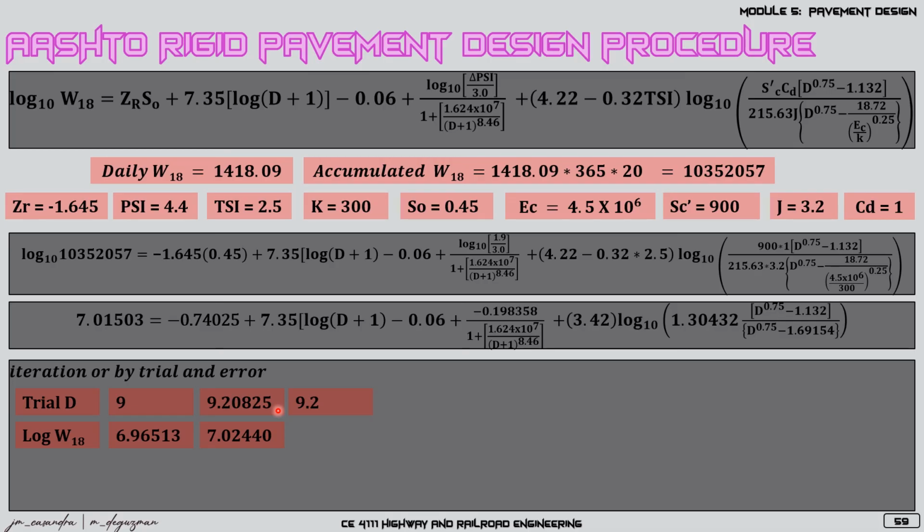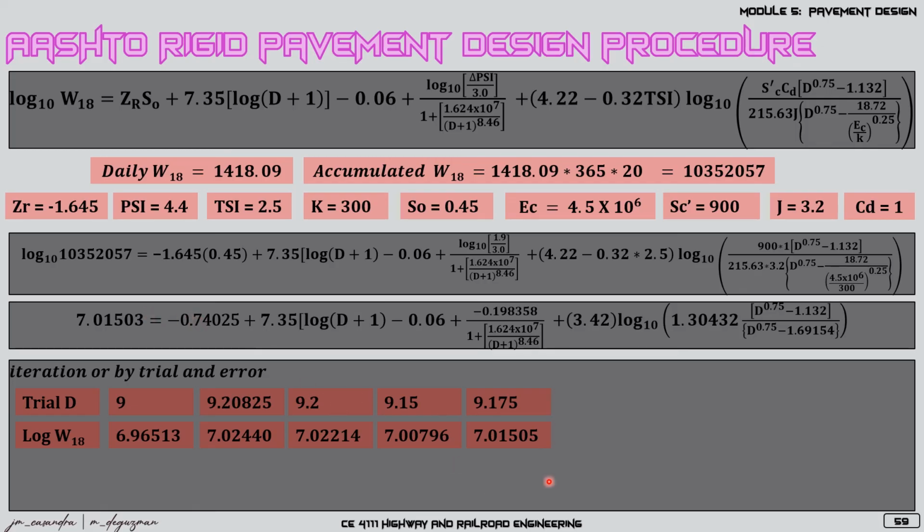We were able to solve this already a while ago, and it was 7.02214. So it's still higher than 7.015. So let's try 9.15. This will give us a value of 7.00796. So it's kind of lower. So it will be between 9.2 and 9.15. So let's try 9.175, the midpoint, which will give us